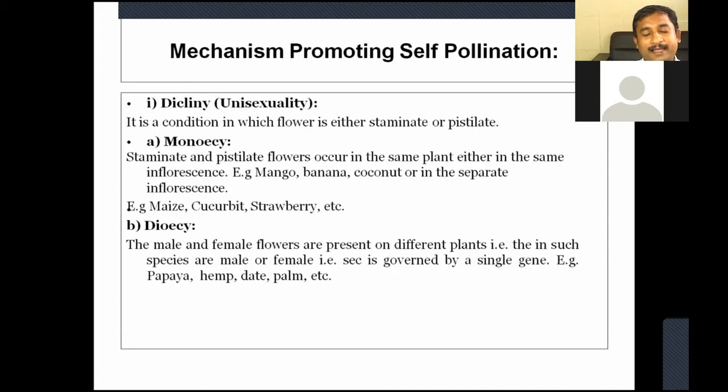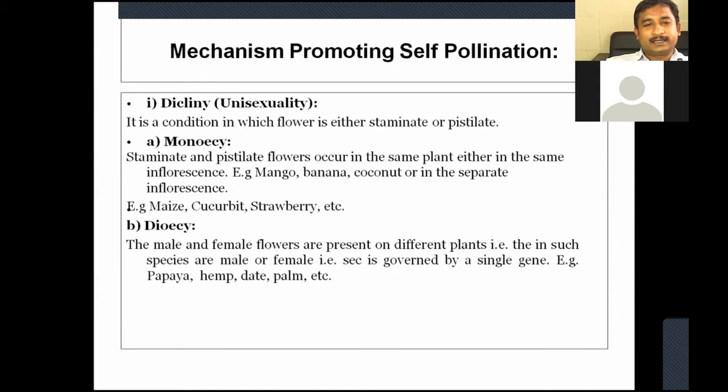House flies transfer pollen from the male parent to the female flowers. So we should be very grateful to these house flies. They pollinate our mangoes, which are called the king of fruit. House flies have a very important role in nature. They transfer pollen from the male flowers of mango to the female flowers of mango. Just remember this point, very very important.